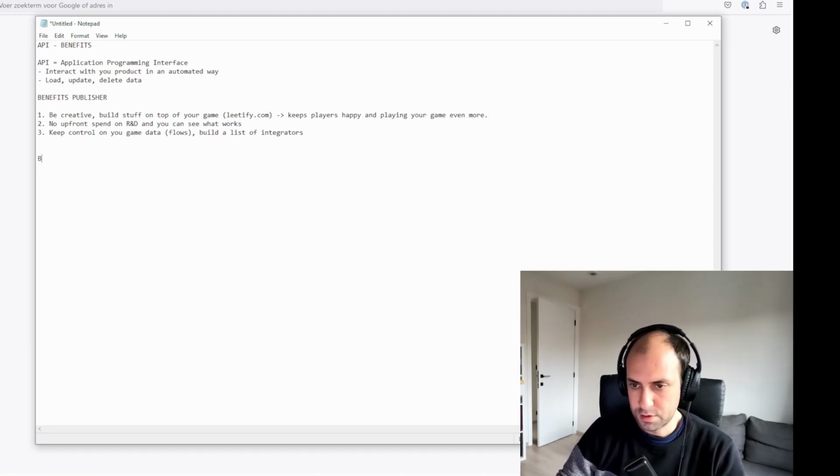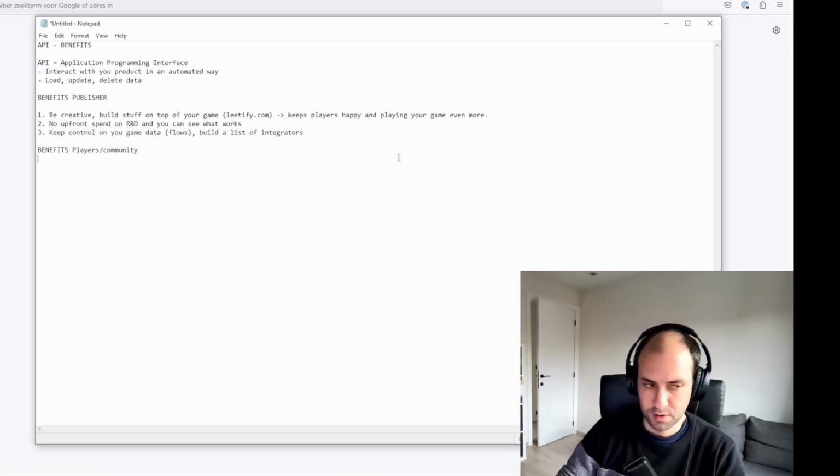And then, of course, the benefits for the community. Even if the benefits for you as a company might not be completely clear, I think it's also important to just write down what is beneficial for the players, for the community.